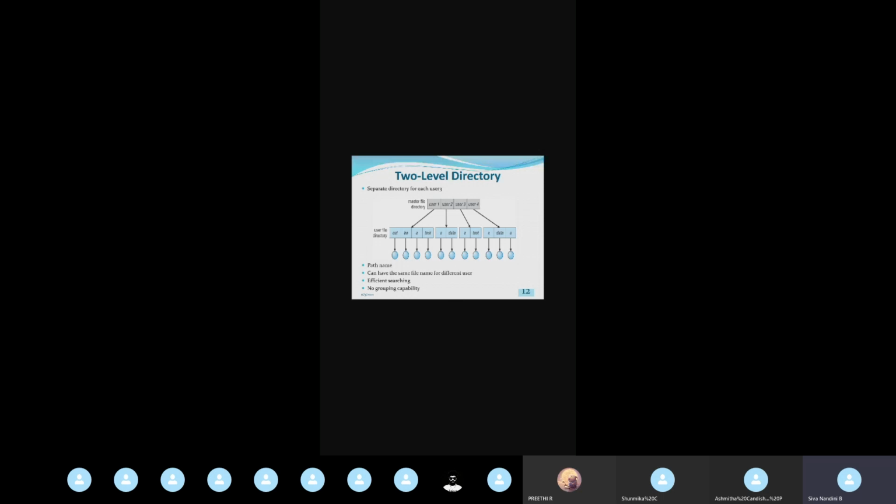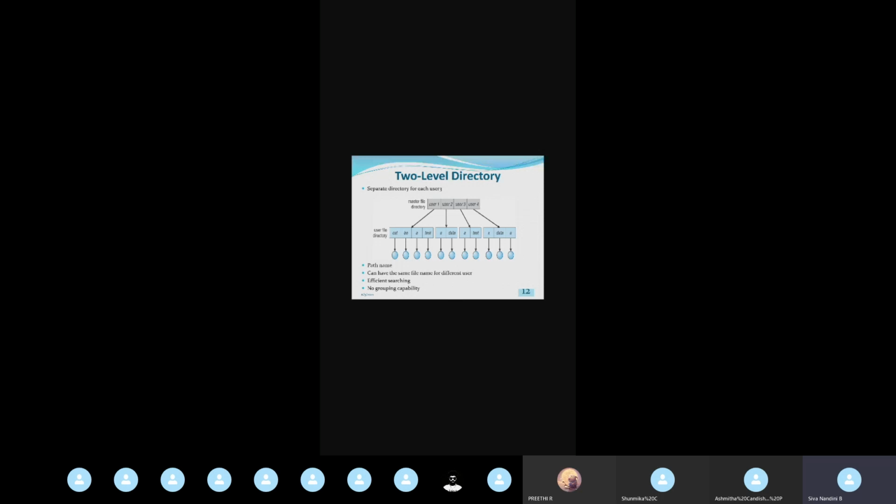Here in this case, we have a 2 level directory. At this level we have grouped the users and the corresponding files. If you see, the test file name is available under user 1 as well as user 3. So we have to specify the complete path name. If you want to access the test file under user 1, we need to give user 1 test.